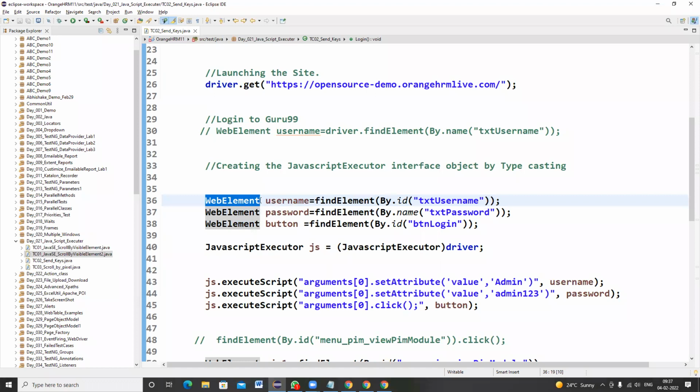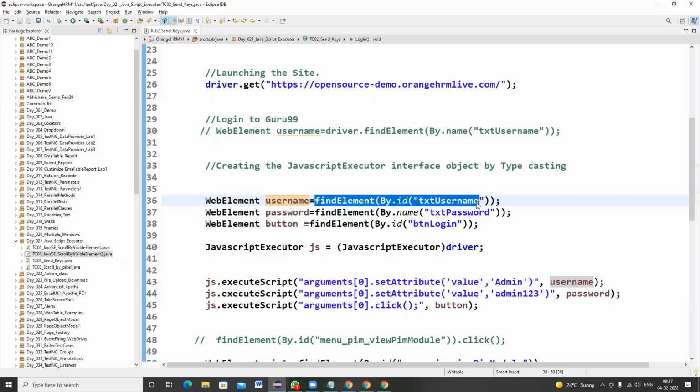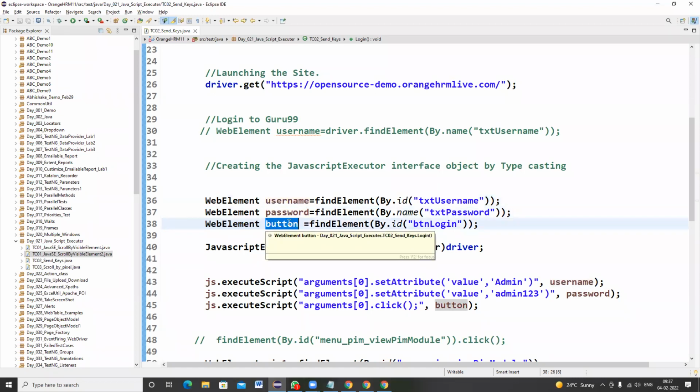Okay, so for any web element, we are creating an object reference. For username, we have created an object reference as username, and we are giving the value as findElement By.id txtUsername, right? Likewise, we have given for password and button login as well.